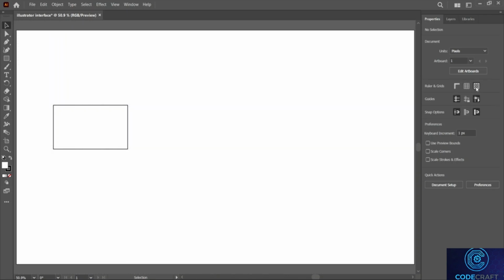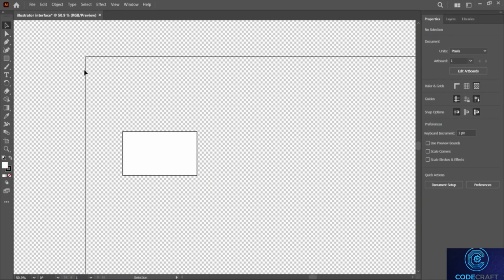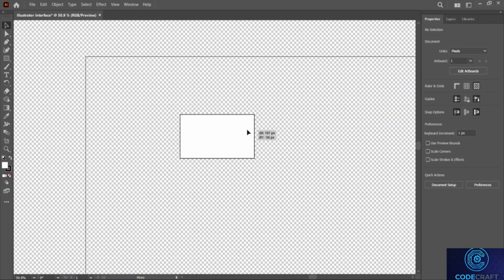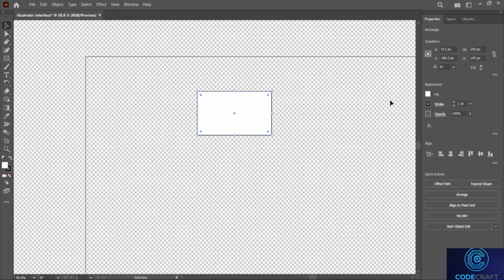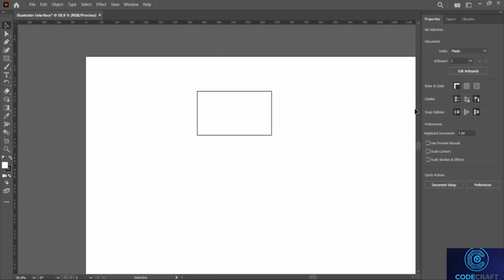And after that, we have the transparency grid, which will make everything transparent so that you can see how your layout actually looks like over here, and if it is inside our artboard. Let's click outside. Let's go back. And now what I'll do is basically explain to you what guides does. The first over here is to click to hide guides. And now if you do that, it will hide the guides, which will basically help you to